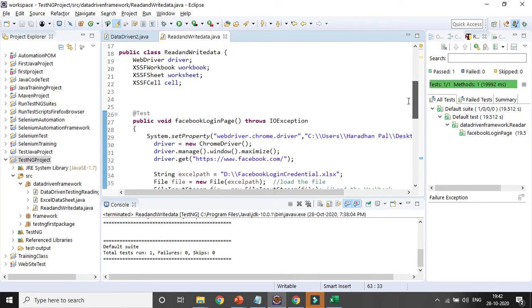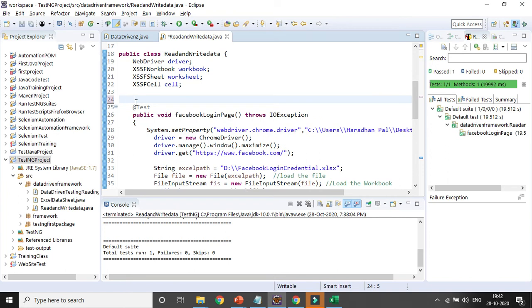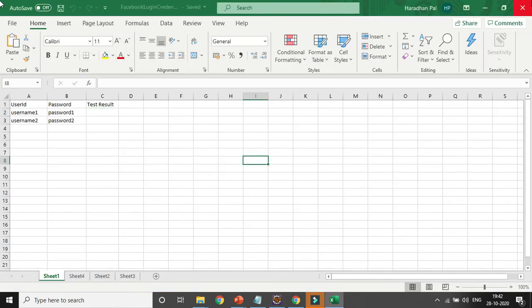Now if I want to run my program, let's see how it behaves. First let's close the Excel sheet. Here in the test result column no value is there, right? I want to update the value as pass in case the username and password take the value.